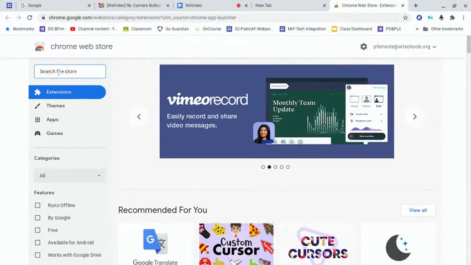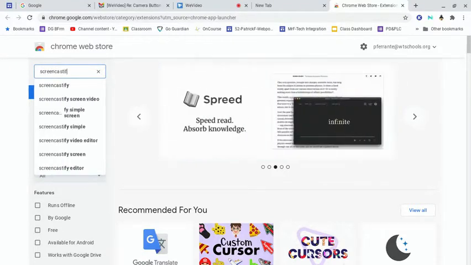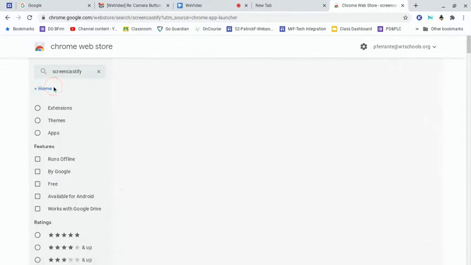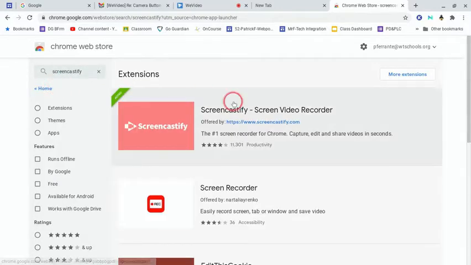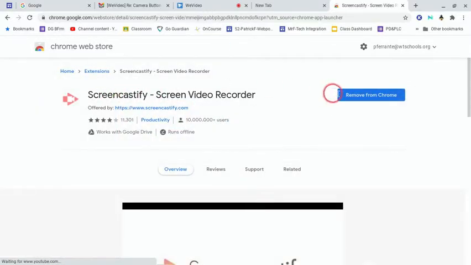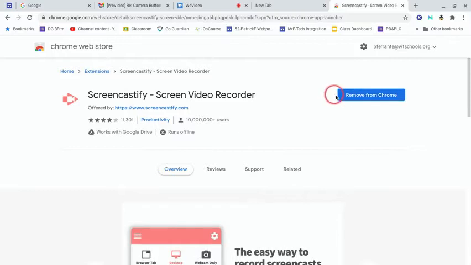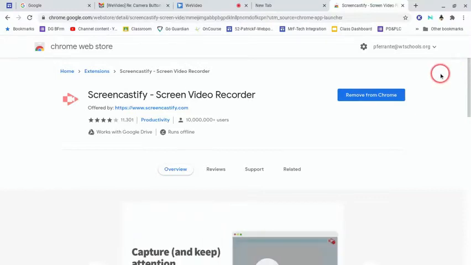When you get up here to search the store, type in Screencastify. It's all one word. And search for Screencastify. When you click on that, it already tells you that it's added. I'm not sure if yours is. If it's not, you can click the button here that would say Add to Chrome. Okay, mine's already installed, so it now says Remove from Chrome, but I'm going to leave it in. Okay, once you've installed that,